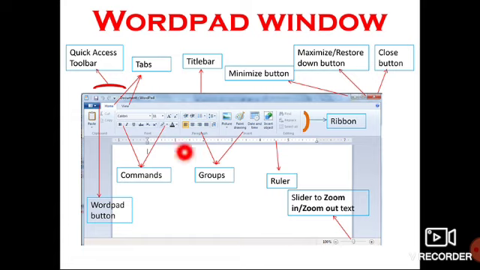Next we have the ruler. Children, you can see the ruler over here. Can you see? Yes. This ruler is used to set the text, pictures, tables and other graphics on the page. So these are the parts of the WordPad window.